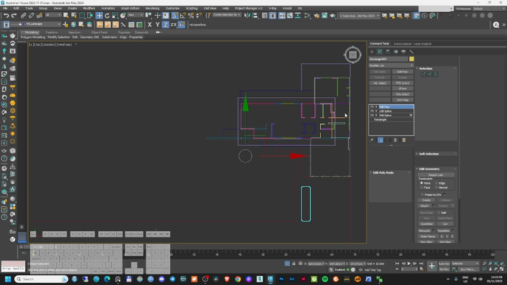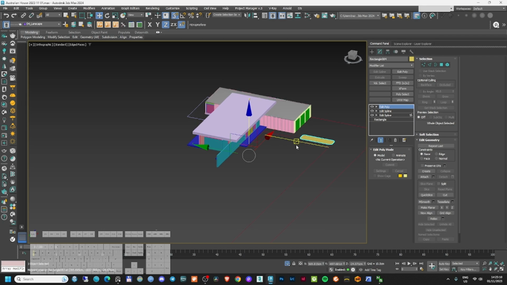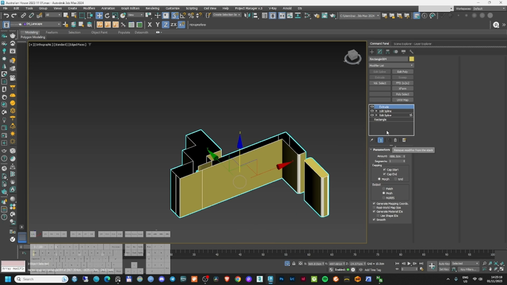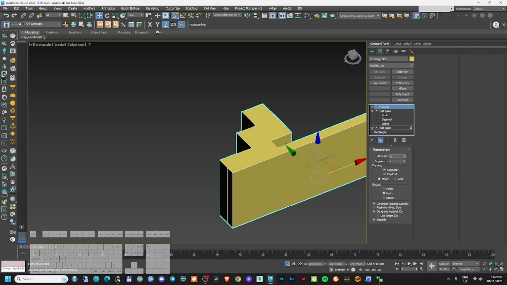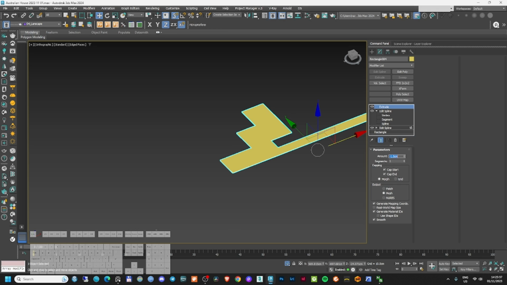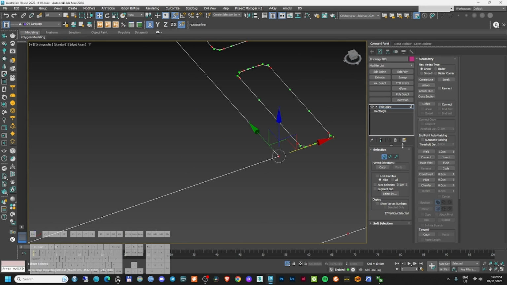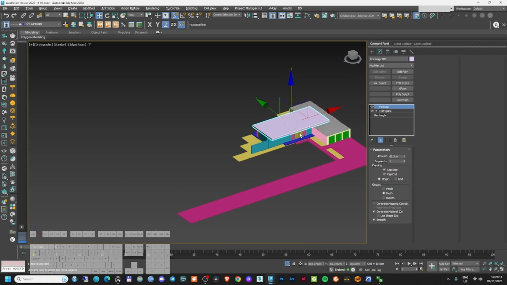Just apply an editable poly. That didn't work out, maybe an extrude. Minus one would be more than enough, and then for this, just an editable poly, that didn't work out either. Okay,